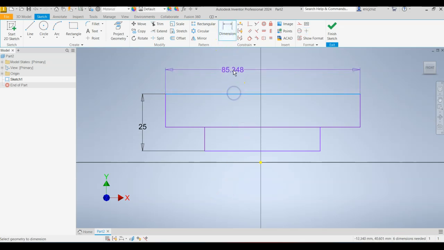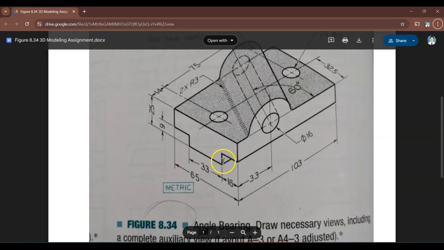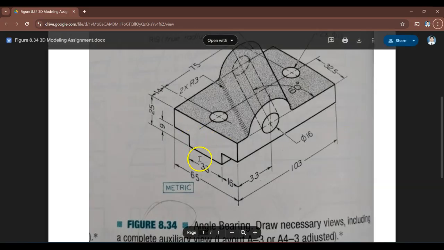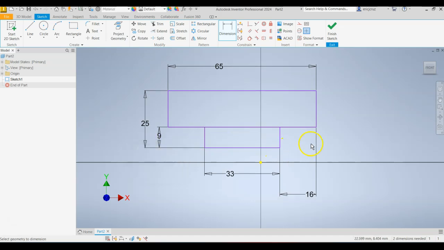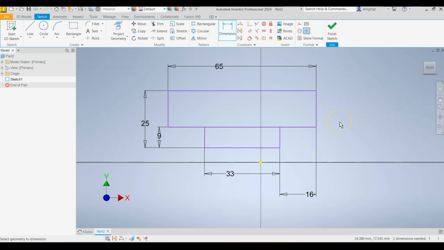Click dimension. Click the longest line there, that will be 65. The 33 here, let's do that one next. From the edge to this edge is 16, so let's do that one next. The height from this edge to this edge is 9, so click this edge, and that's going to be a 9. And I believe that is all the dimensions I need. So 25, 9, 65, 33, 16,